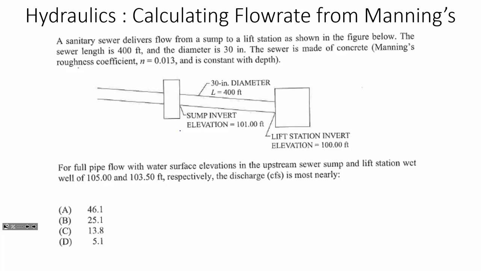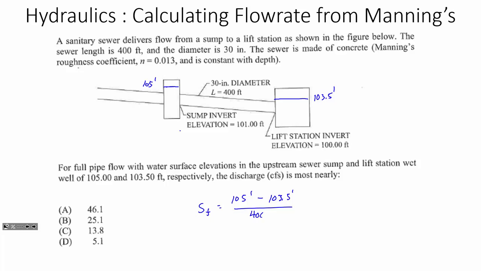And so here we're saying that the water surface elevation in that sump well and wet well is going to be 103.5 and 105 feet. So what's that slope going to be that we used for Manning's equation? It's going to be the friction slope, right? It's defined as the friction slope. So this is going to be based off of the water surface elevation in these two compartments. So our friction slope there is going to be 105 feet minus 103.5 feet